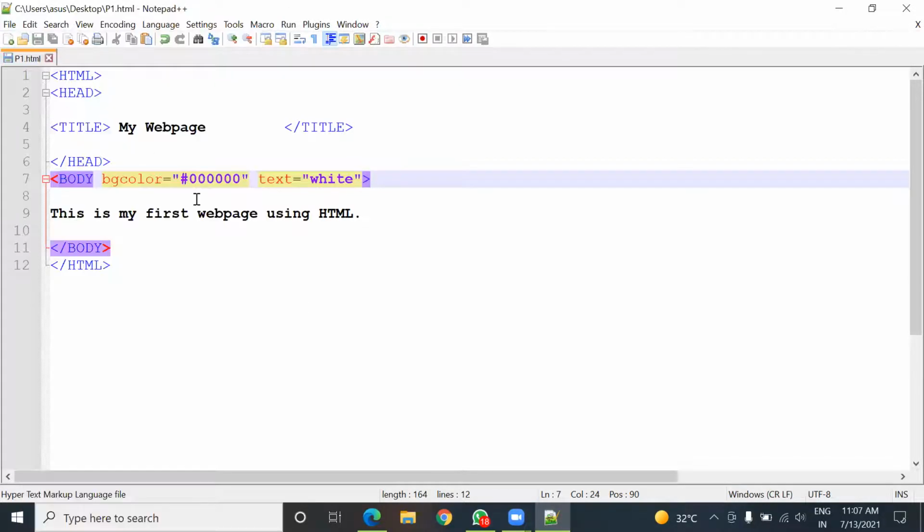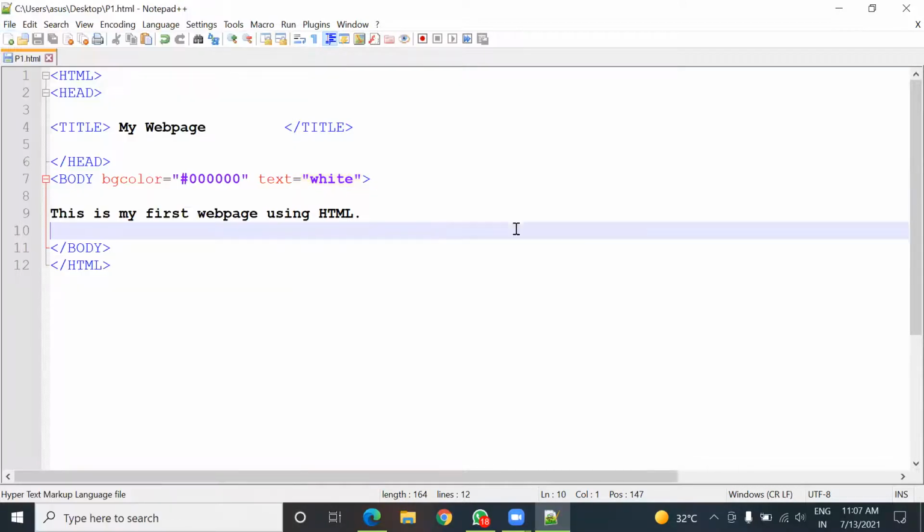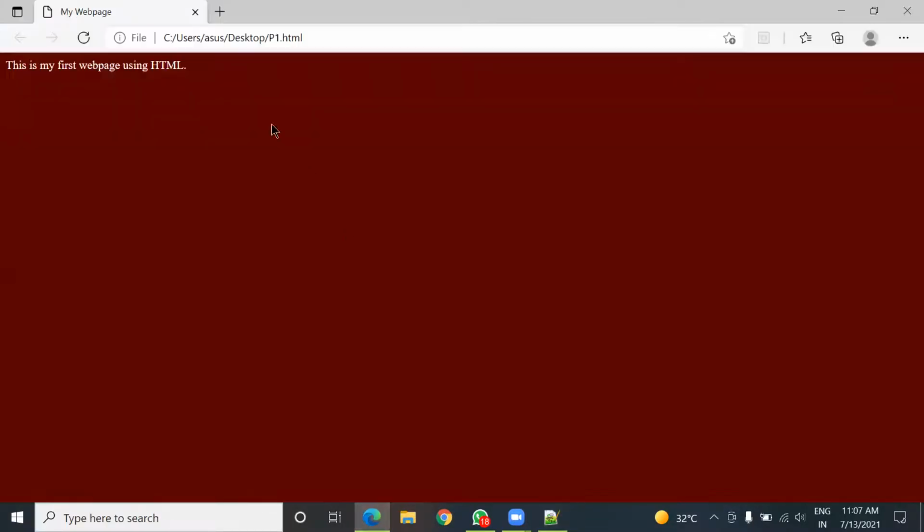Yes, sir, it will be black. Can you tell why black? When there is no color, there is presence of no light or no color, then the color changes to black. Yes, that is the answer. Here 0 means none of the color percentage is here. No color is present here. That is why it should look black. So save this and see the output here. Which color is it? Black.